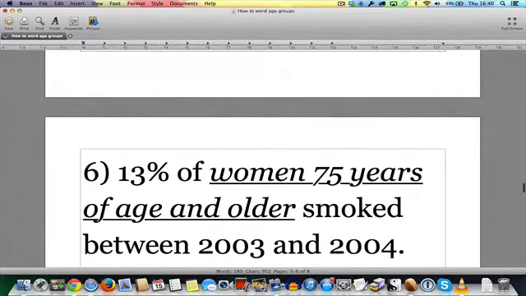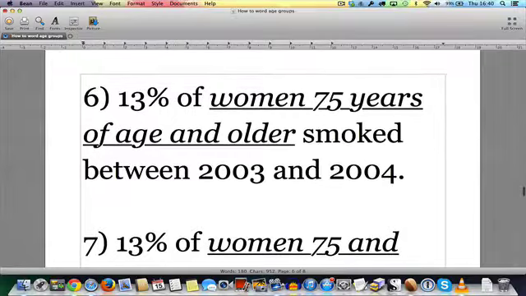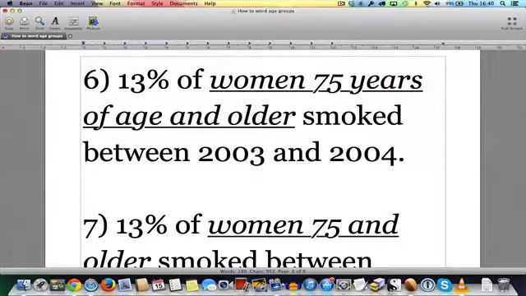Okay, now to make reference to the age group that is 75 years of age and older, we have to deal with this a little bit differently because, as I mentioned, we don't have the ending age within this age group. So we know that it starts at 75, but we don't know what the cutoff age is, because the cutoff age is an unknown. It's death. And so we could word this: 13% of women 75 years of age and older smoked between 2003